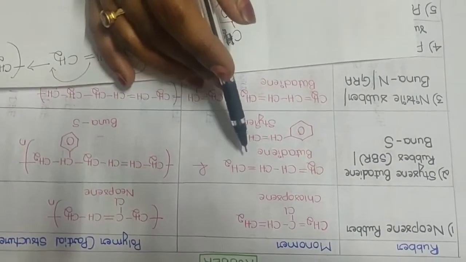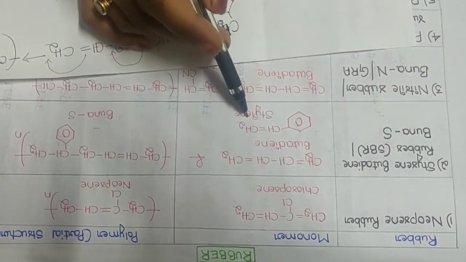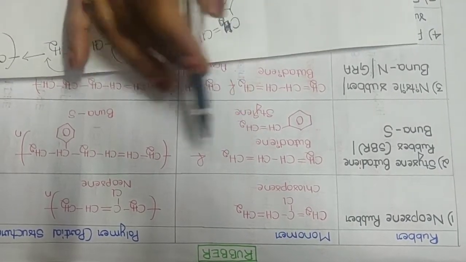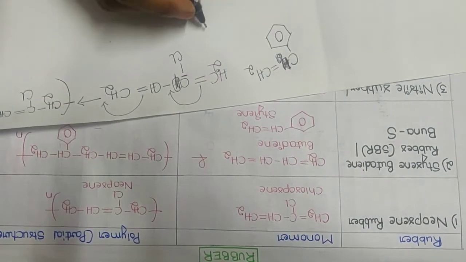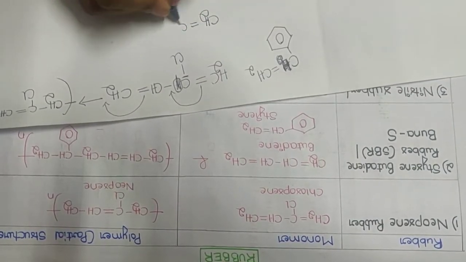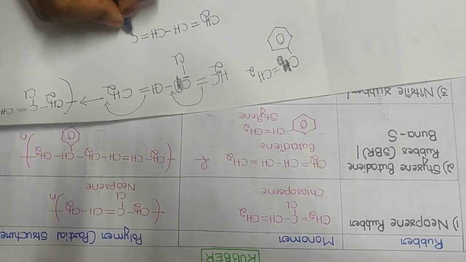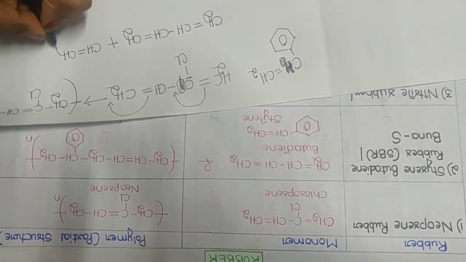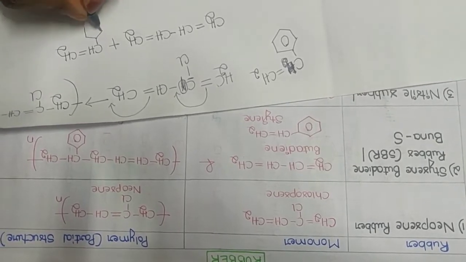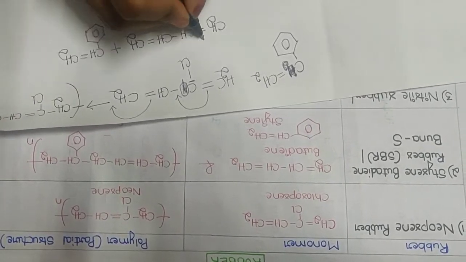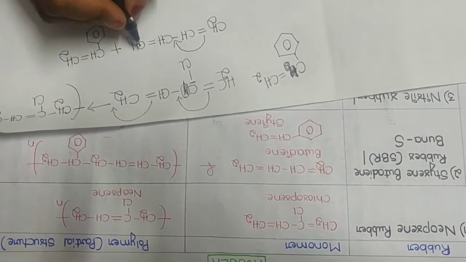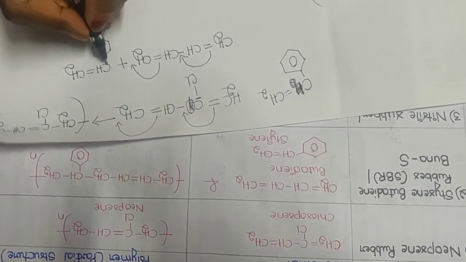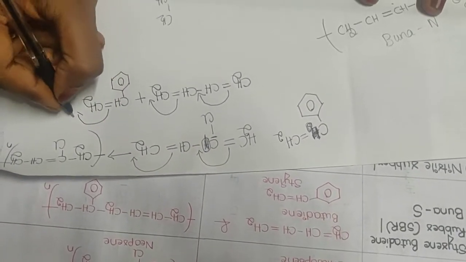Since we have 2 monomers with the unsaturation, it is an example of copolymerization. I'll show you the partial structure for Buna S. Here, write down butadiene, then styrene. When I take styrene, I should take only CH double bond CH2. Here I'll be writing a benzene ring. What happens? This double bond will shift here. This double bond will delocalize here, so that it will form a bond between these 2 carbon atoms. And again this pi bond will shift here.